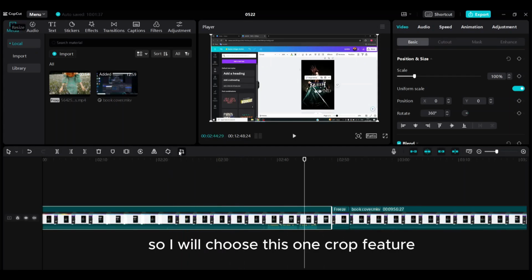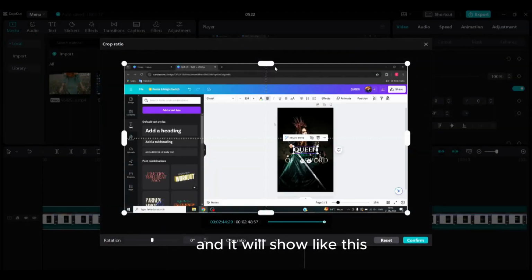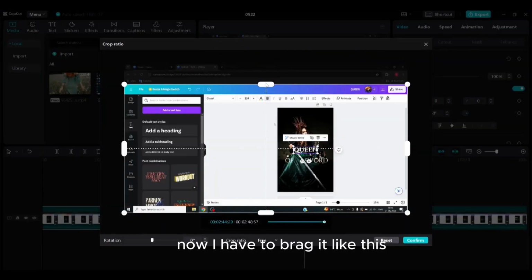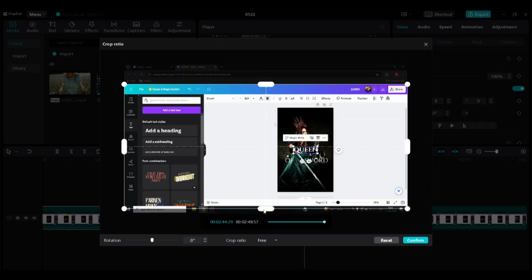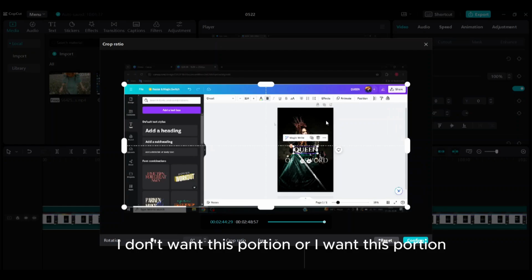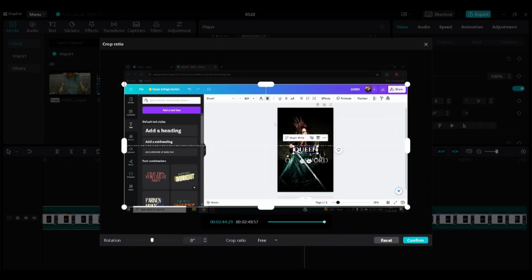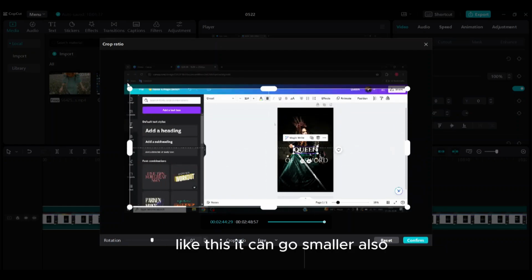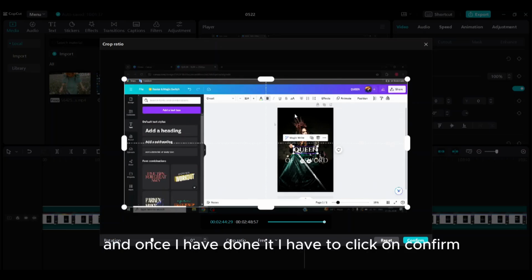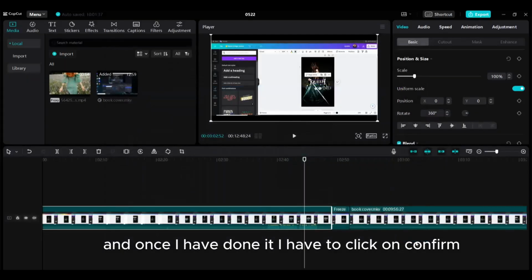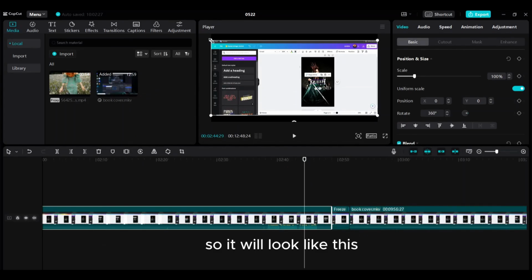So I will choose this one, crop feature, and it will show like this. Now I have to drag it like this. I don't want this portion, or I want this portion. You can drag it that way, like this. It can go smaller also. And once I have done it, I have to click on confirm. So it will look like this.